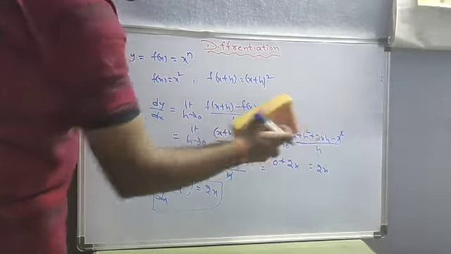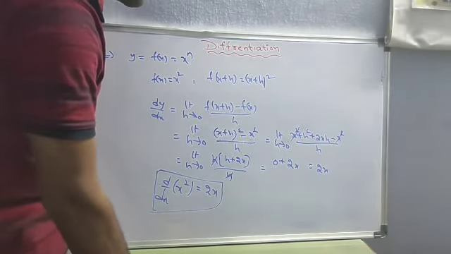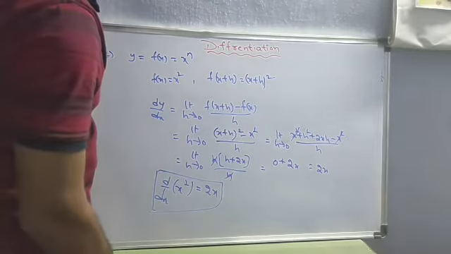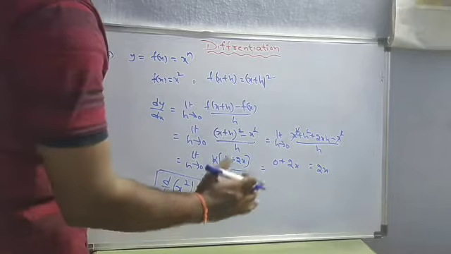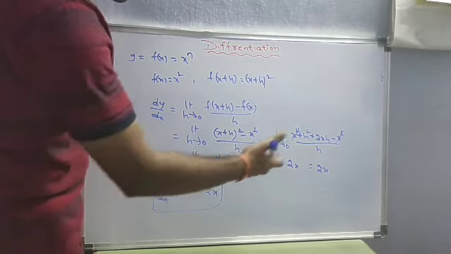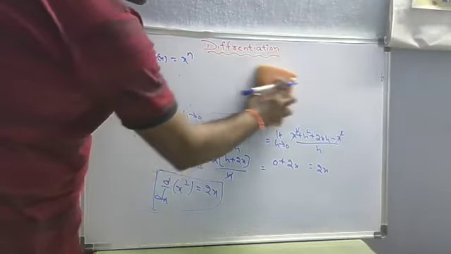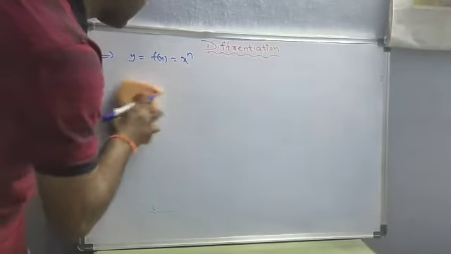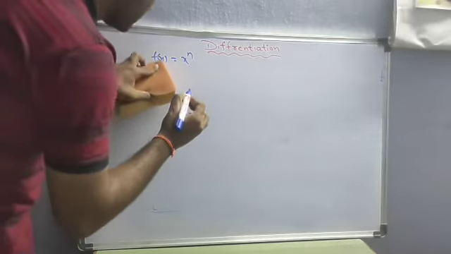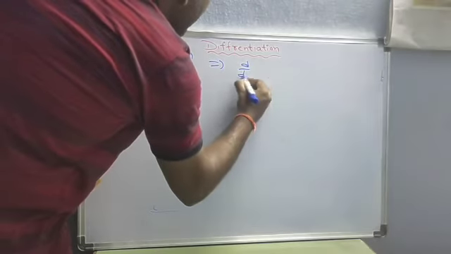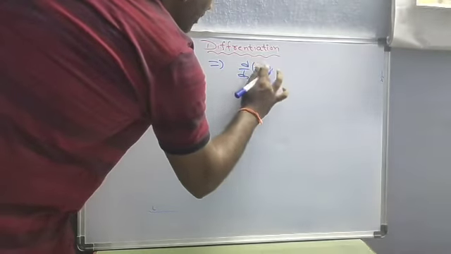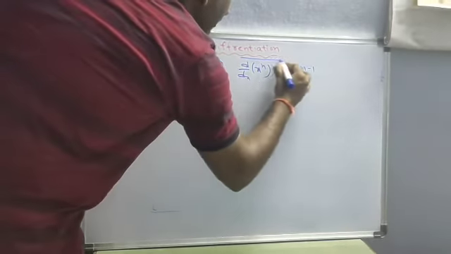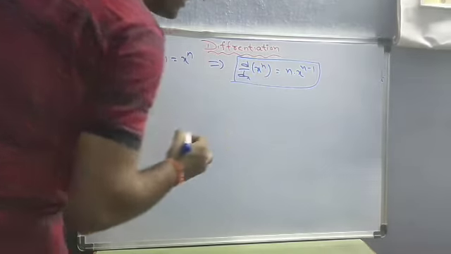Suppose you take x plus h whole power n. If you derive that from the binomial theorem, subtract the x power n, take h common, and cancel that, and if you put h equal to 0, finally you get it like this. If you do the procedure, the answer is, d by dx of x power n, an important formula, n into x to the power of n minus 1, a very important formula in algebraic functions.